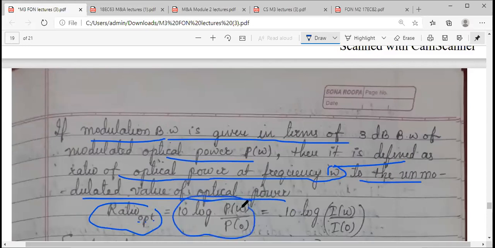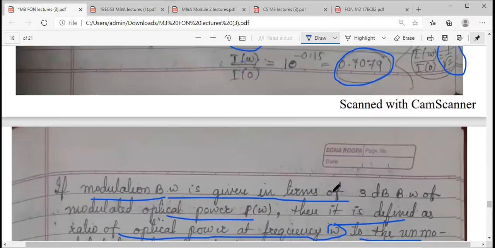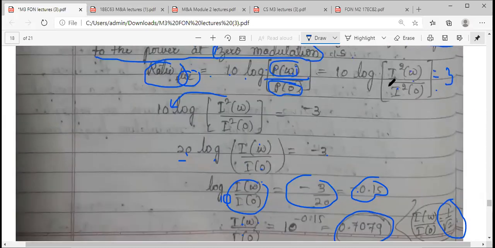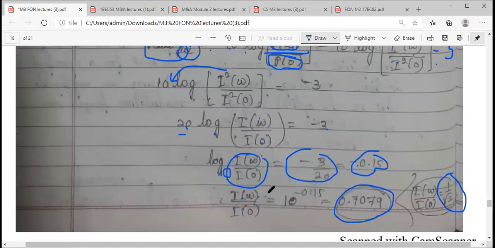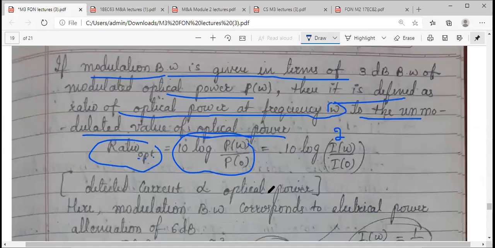This ratio is the same. However, here we don't have the I square term. If you see here, we had P equals I square R. I have taken electrical terms, as we used to take in network theories, right? For any circuit, you take this relationship of power, voltage, and currents. But in optical terms, as you can see in the bracket I have written, the detected current is directly proportional to the optical power. There are no squares here.